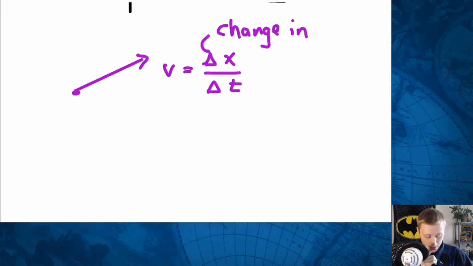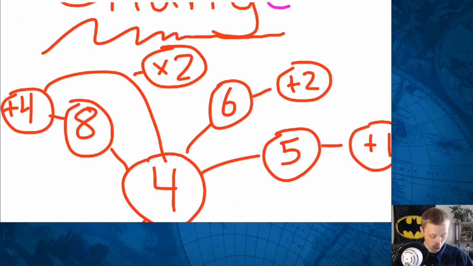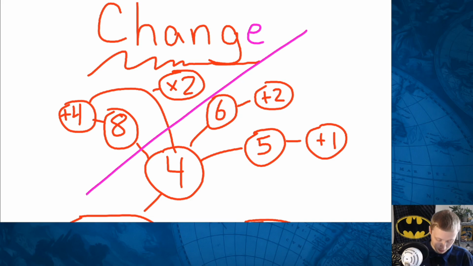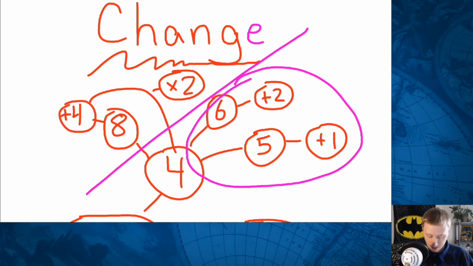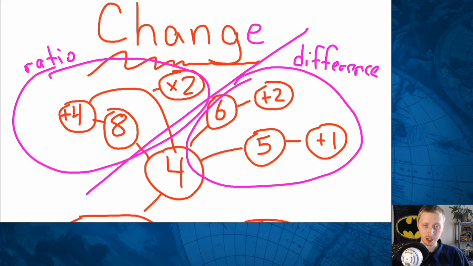All right. One last point here on change. Let me actually go back to the beginning here. Zoom back out. There's something different going on. There is a divide here between these two sides. This side is a difference type of change, whereas this side is a ratio type of change.